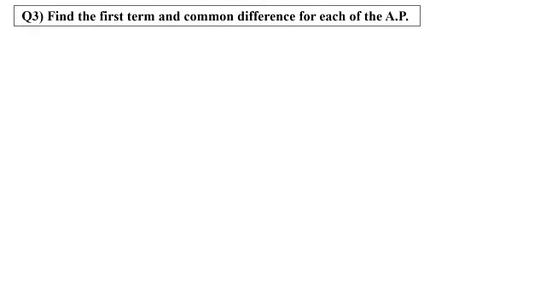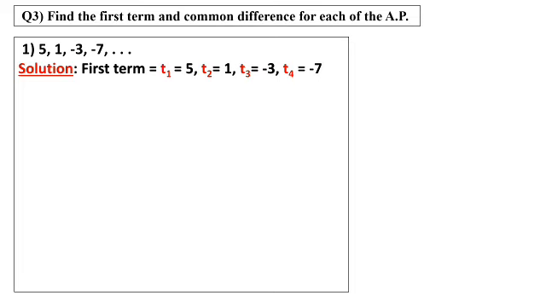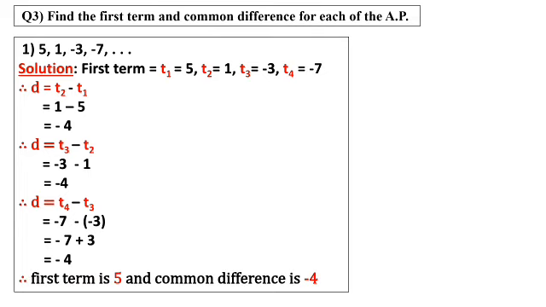Okay. Now students will start the question number 3. Here we have to write the first term and the common difference for each of the AP. The first term means the first term T1 is known as the first term, that is called A also. Common difference I taught you in the question number 1 also. Same way we will find this difference. First we will write all the terms. Difference formula we know, T2 minus T1. So 1 minus 5 we get minus 4. Same way we will solve. So our D is minus 4. So here the first term is 5 and the common difference is minus 4.